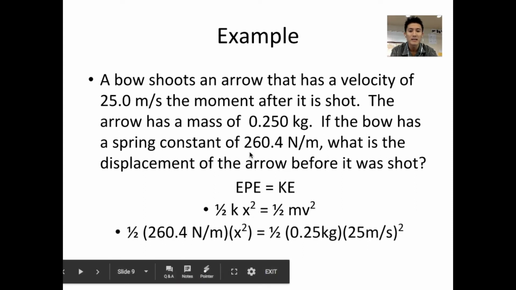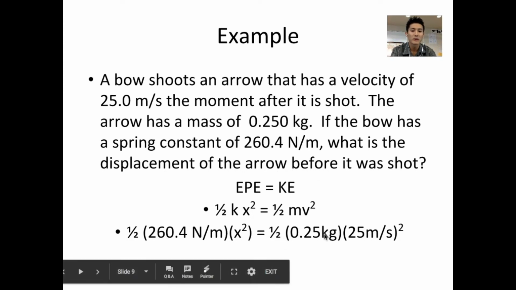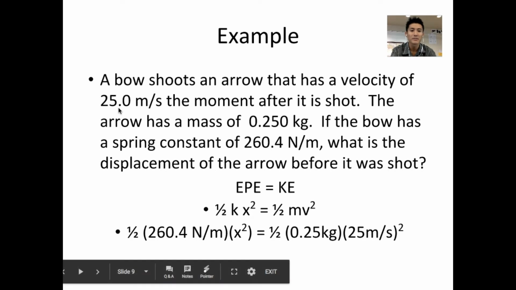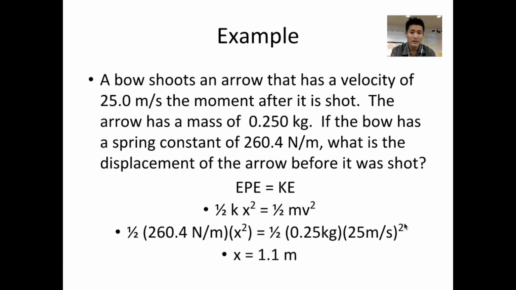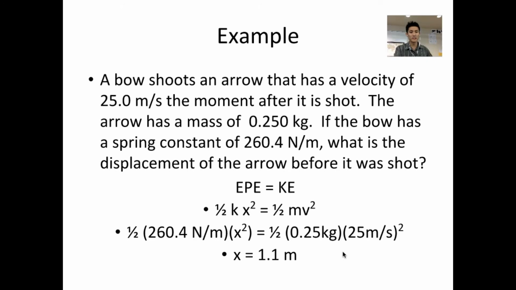1/2 k, in this case a spring constant, in newtons per meter, 260.4 newtons per meter. We don't know the displacement of the arrow, or how far back we had to draw it, x squared, is equal to 1/2 the mass of the arrow, which is 0.25 kilograms, and then the final velocity of that arrow, which is 25 meters per second. And so if we make the calculation, solve for x, and don't forget to take the square root, you should have got 1.1 meters. So I'm drawing back the arrow about 1.1 meters,